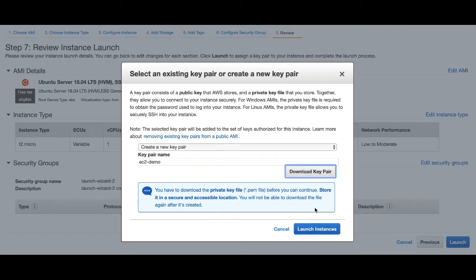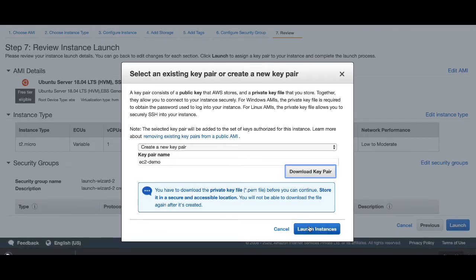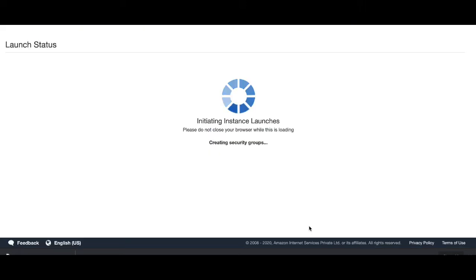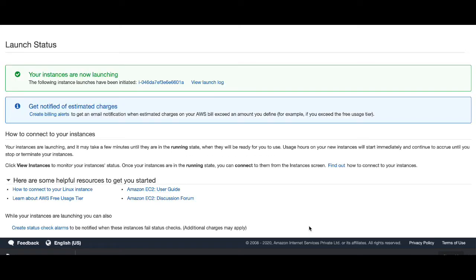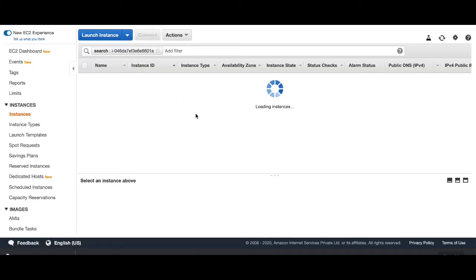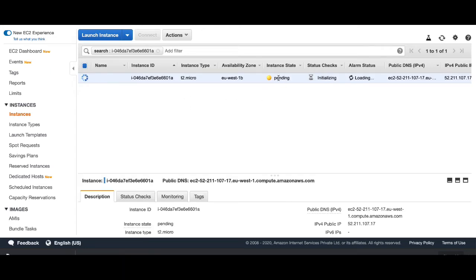This key will be downloaded to your desktop. Do Launch Instance. So you are good to go. Your instance is now launching. You can check the status here. It is in pending state.